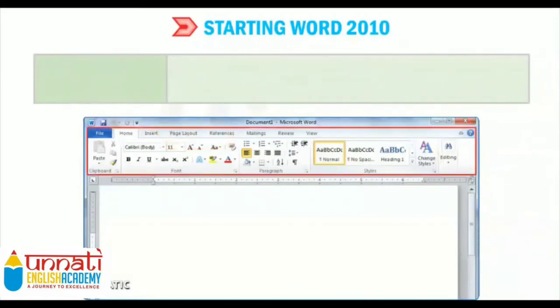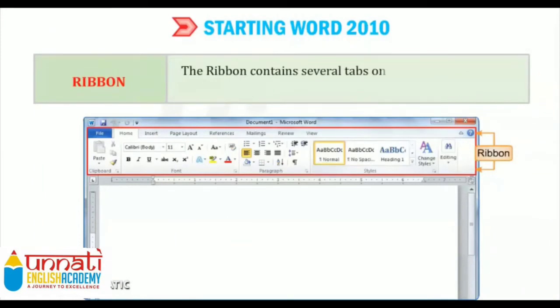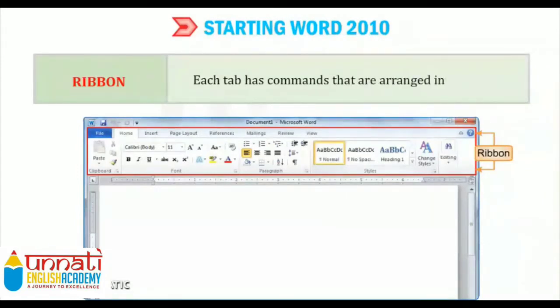The next is ribbon. The ribbon contains several tabs on it, such as File, Home, Insert, Page Layout, etc. Each tab has commands. Each and every tab is having commands that are arranged into groups.